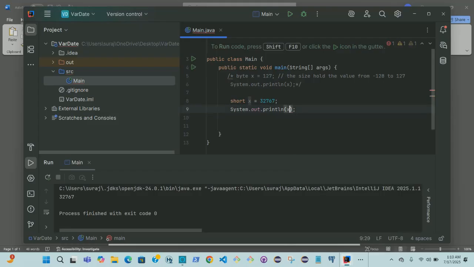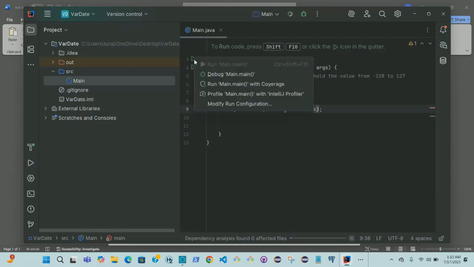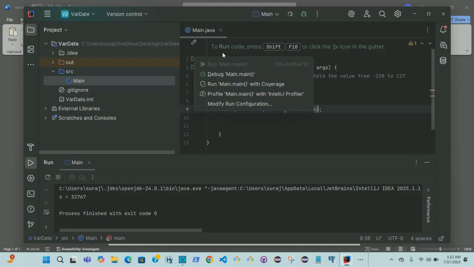Let me print just in a way, yeah, this way is good to print, okay? Now let me print. This is just a simple, not good way to print. Let me print, okay, run. You see here, x is equal to